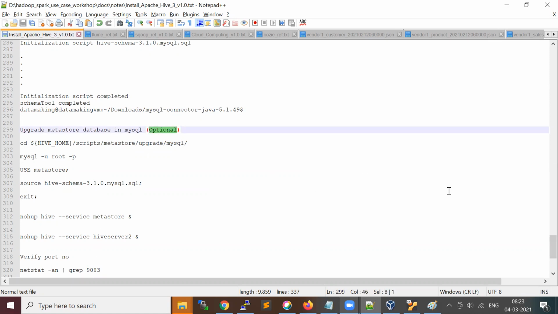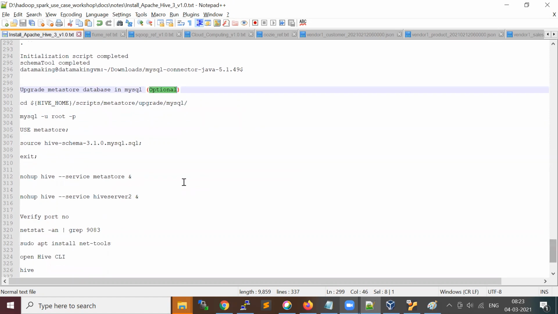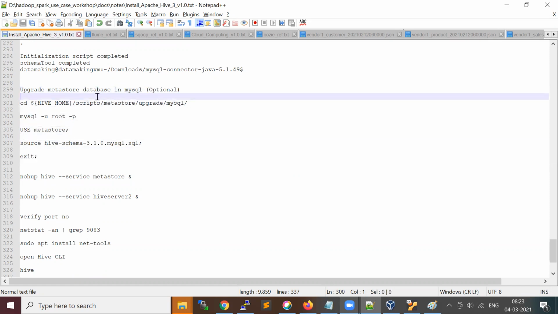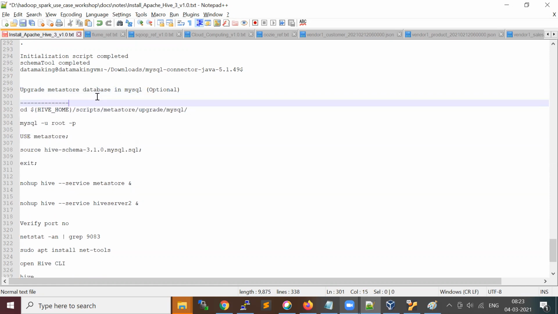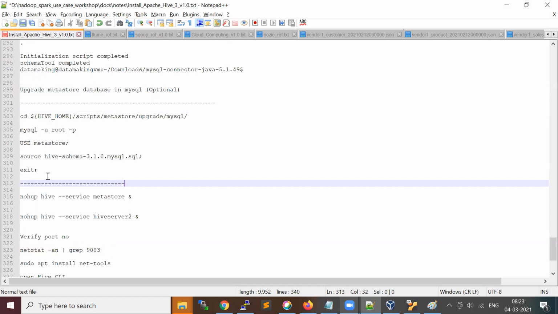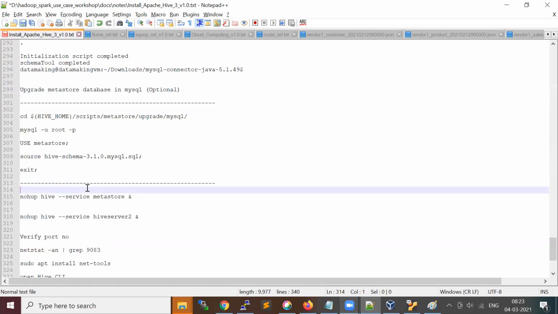If you face any schema mismatch while creating Hive tables, then we will come and execute this step. For now, we'll just park it. If any issue comes, we'll use this. This has some upgrade script.